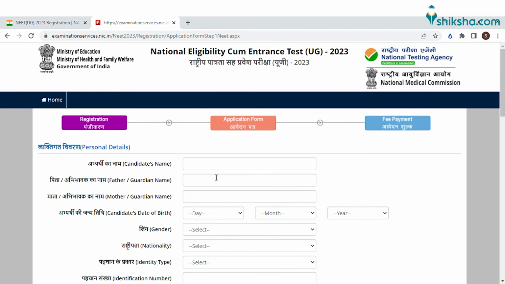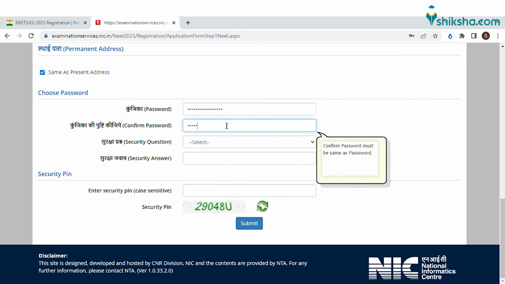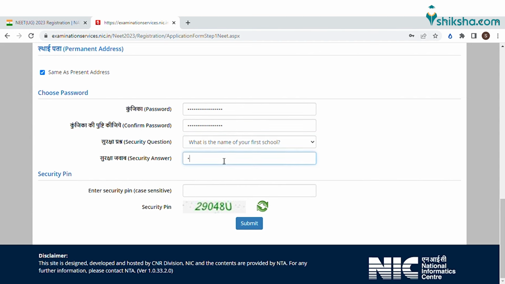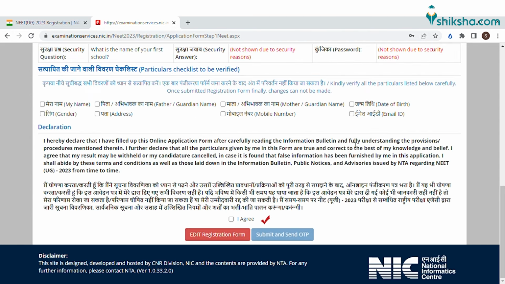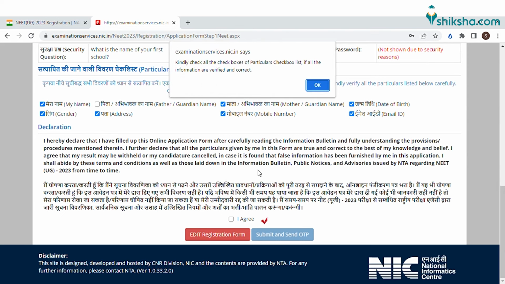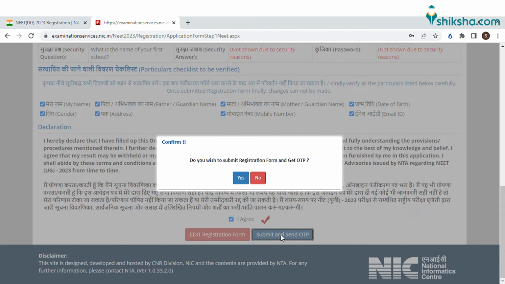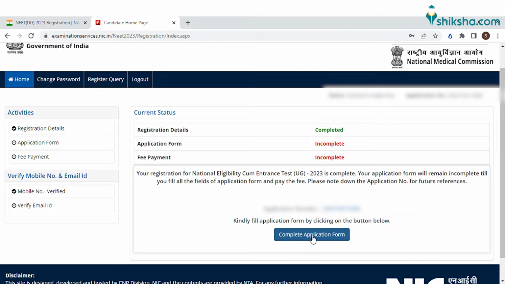Fill up the registration form with personal and contact details, followed by creating a password, which should be between 8 to 13 characters with specifications. Once the password is generated, you have to verify the details entered. You will receive an OTP on your registered mobile number. Submission of the OTP will complete the registration process, and you will be redirected to the application form,